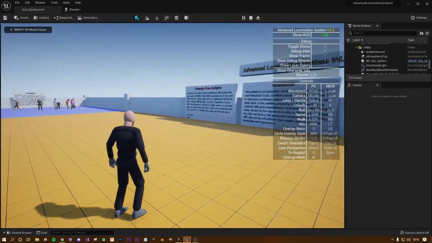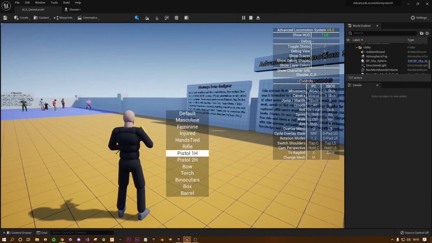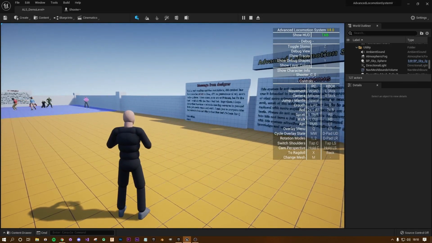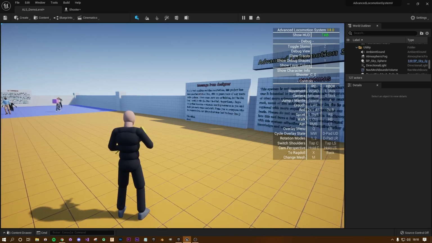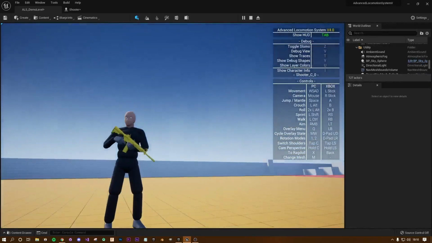If you've never used this before, you've got an assortment of weapons. You can hold Q and then you get a rifle, pistol, all sorts of stuff in here. You should definitely have a go and have a play around with it. You'll probably be super impressed with it already as is. But then if you do want to add guns to it, which you can see here,